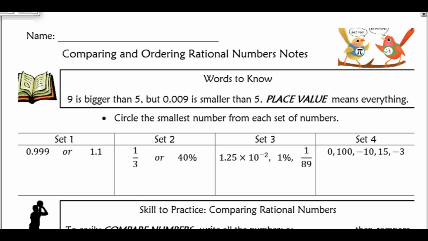Right, here we're going to be talking about comparing and ordering rational numbers. So rational numbers can be fractions, decimals, or percents. We're also going to be talking about real numbers. Basically, we're talking about comparing different things that can be written as decimals, and that's going to be really helpful